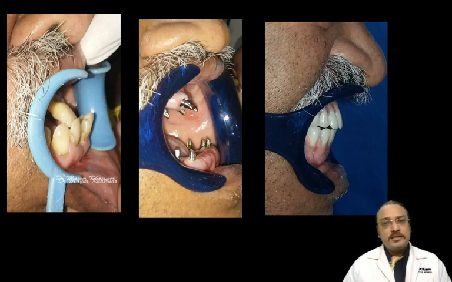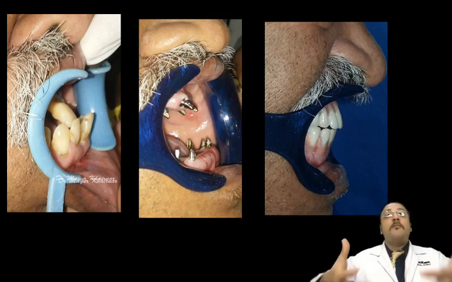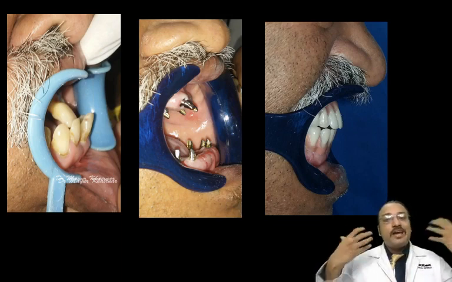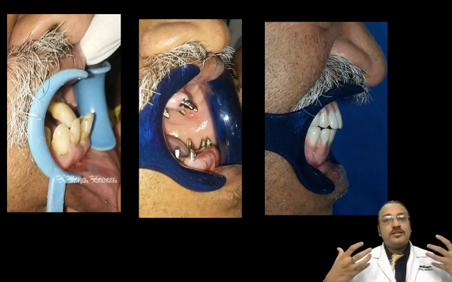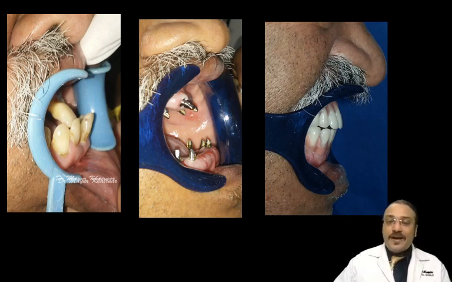Now orthognathic surgery is something which is required when all your teeth are healthy, where you can just take your lower jaw behind without removing any teeth. That is a kind of cosmetic surgery. But here this patient is elder, there is no need to take the whole bone behind. We can do it with some kind of prosthetic manipulation, we can achieve this kind of result, which is very difficult, but it requires skill.